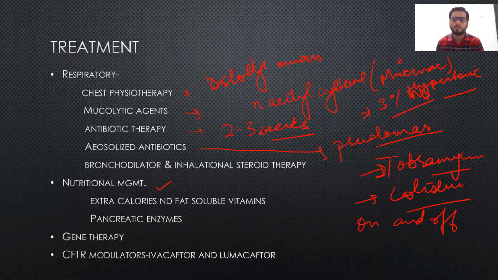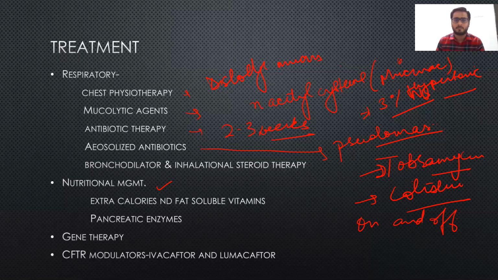They do jejunostomies also. Next is the fat soluble vitamins. Because there is fat malabsorption, there can be deficiency of fat soluble vitamins A, D, E, K. What are the doses of vitamin A and vitamin D? It is for less than 6 weeks, 6 weeks to 6 months, and more than 6 months. For vitamin D, it is 200, 400 and 800, and for vitamin A it is multiplied by 100, that is 2000, 4000 and 8000.